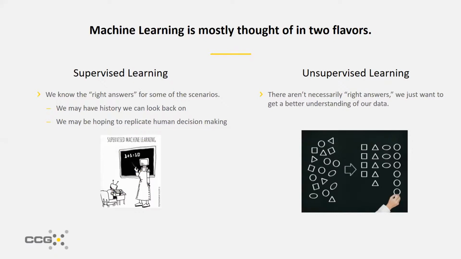A big example of this is the self-driving car, right? So the car is taking video all around it, and it gets an idea of what the road looks like. And then it might say, okay, the last time the road looked like this, my human driver turned the wheel slightly to the left. So the next time the road looks like this, I'm going to turn the wheel slightly to the left, and I'm going to emulate the human. The human has labeled this road pattern for me as a slight left turn. And so that's a supervised learning situation.